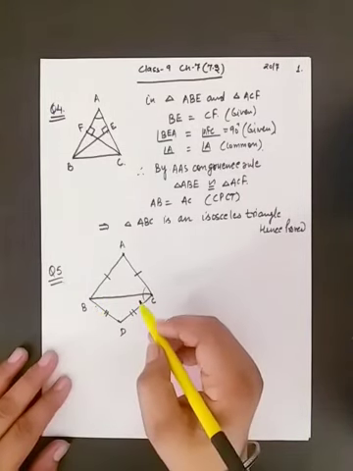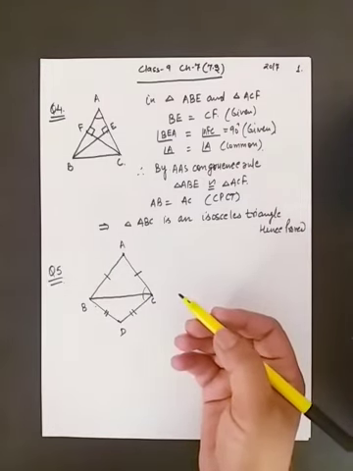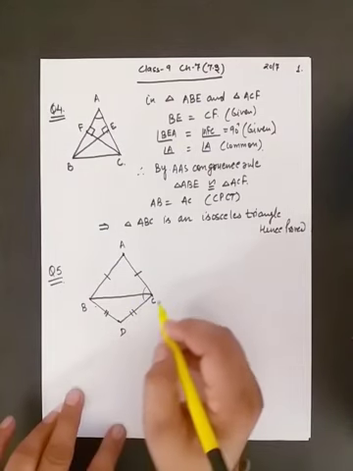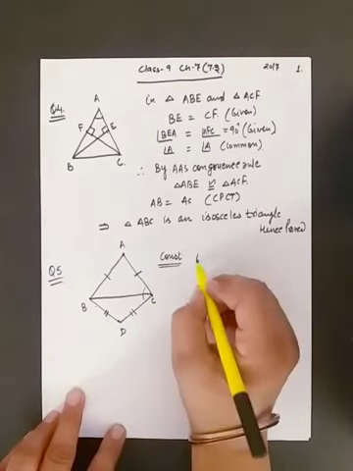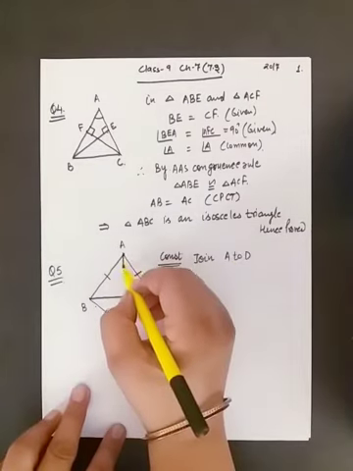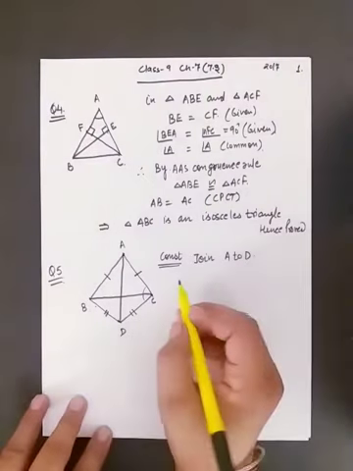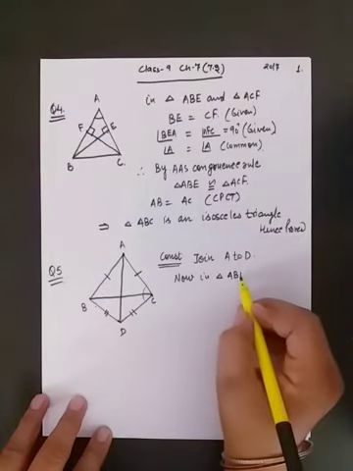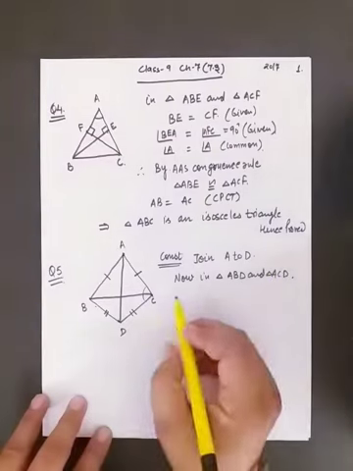For this what we have to do? Again we will prove some two triangles congruent, but the given triangles we cannot prove congruent. So what we have to do? We have to make a construction here. What we have to do? Join A to D. A to D we will join. Now we can take two triangles. Now in triangle ABD and ACD, we can apply